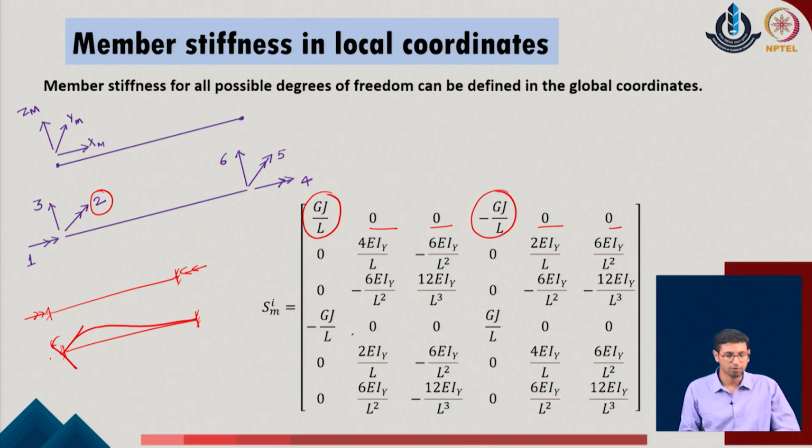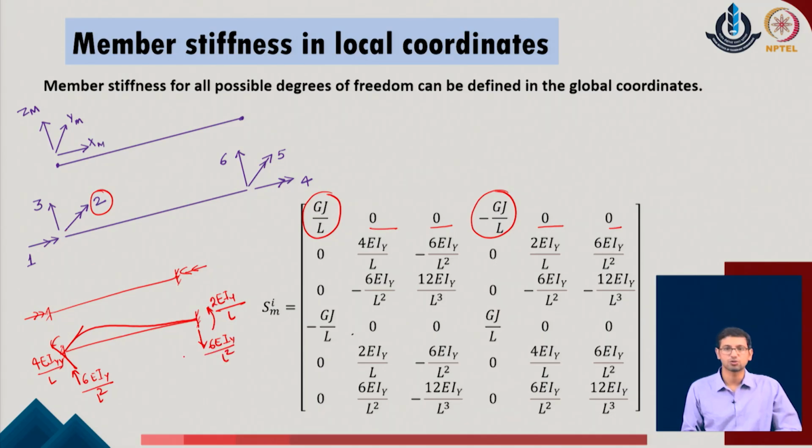If you do this calculation, you will get these values as 4 EI, and we already said that I value will now be about the axis y in the given system, so 4 EIy upon L, and this value will be 2 EIy upon L in the given problem. Similarly, we can also evaluate the reactions in the given system. So the vertical reaction can be evaluated. We must understand that these reactions are normal to the given plane now. So they will be identified as 6 EIy upon L square at both ends of the given system.